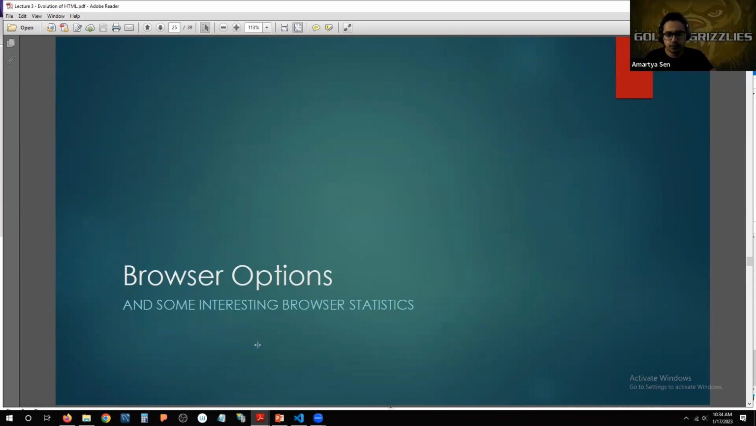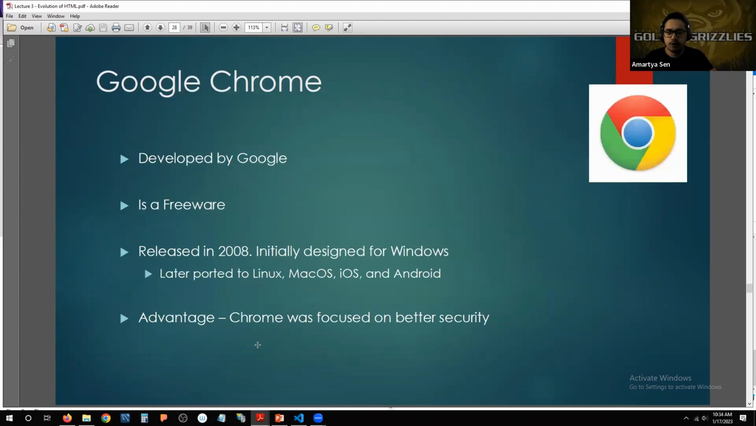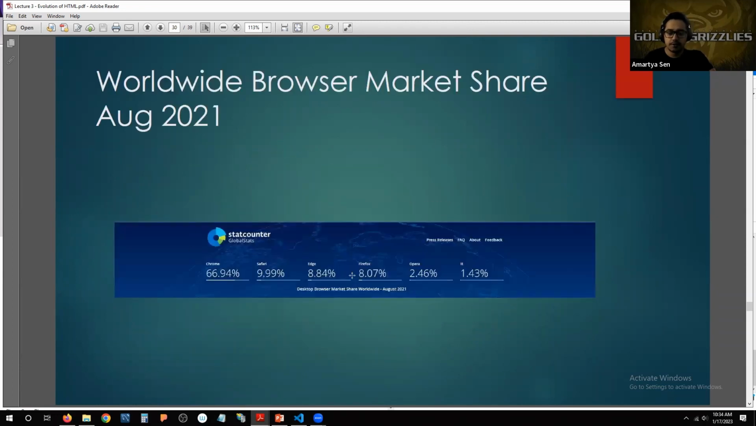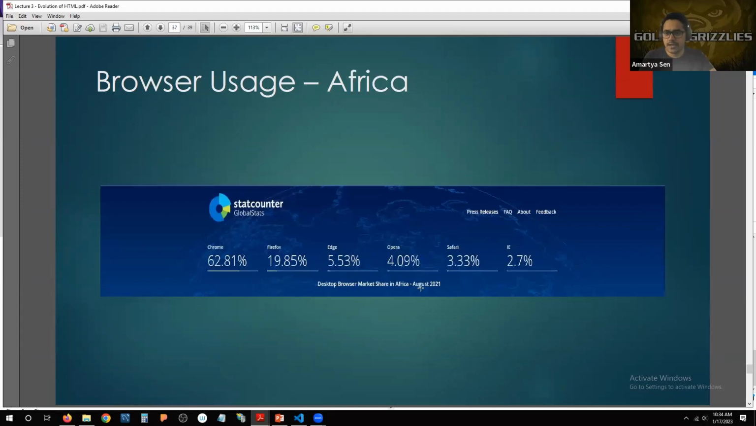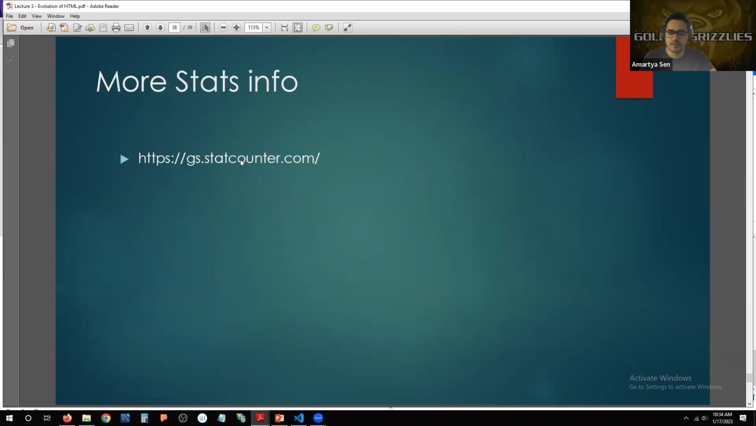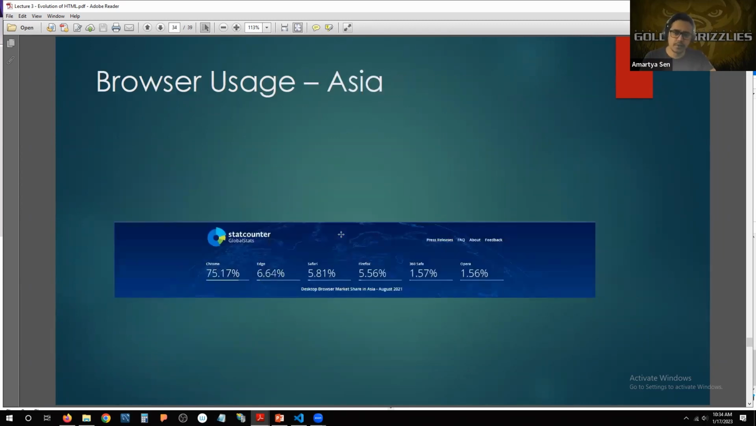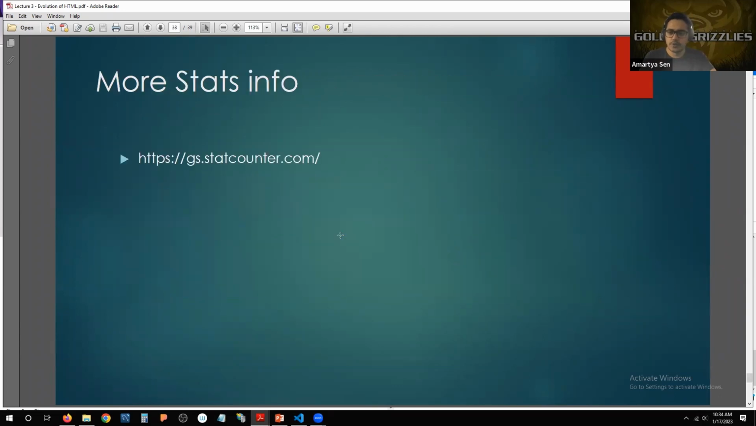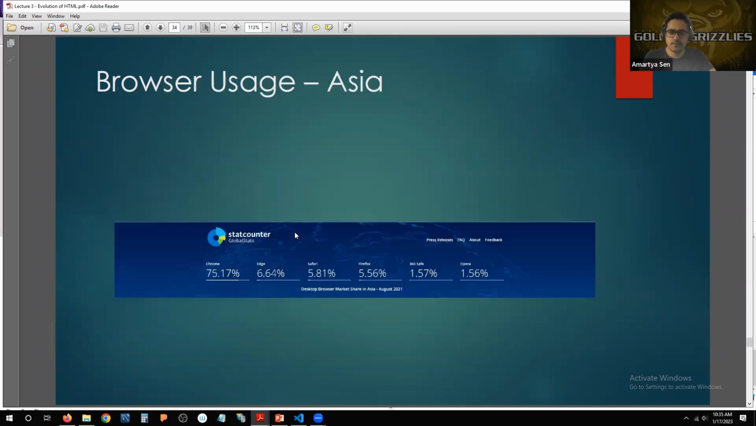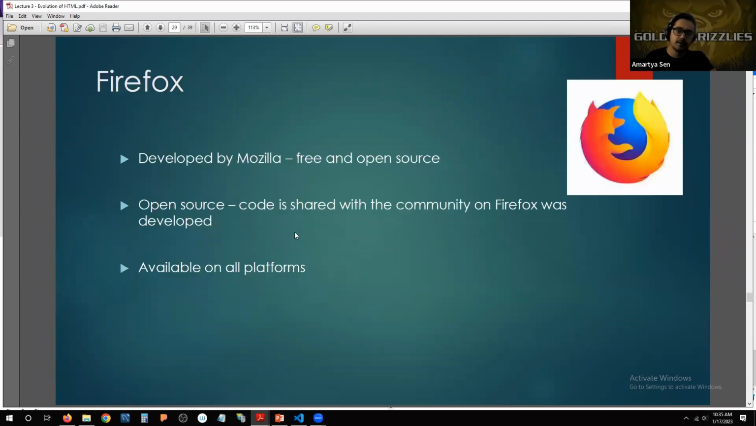I'm not going to read them out with you. You can check it out at your own time if that interests you, as to which browsers are being used, and what is the level of participation of these browsers with respect to the user base from different parts of the globe, right? So at the end of this slide, there is a website which lists the updated stats. The stat is about 6 months old now. So you can check out the most recent stats and what is the support of different browsers like